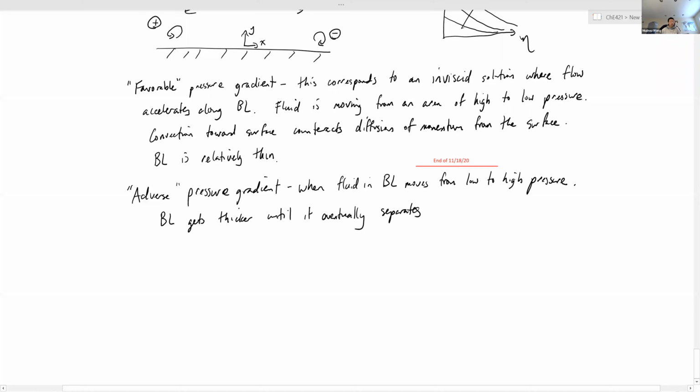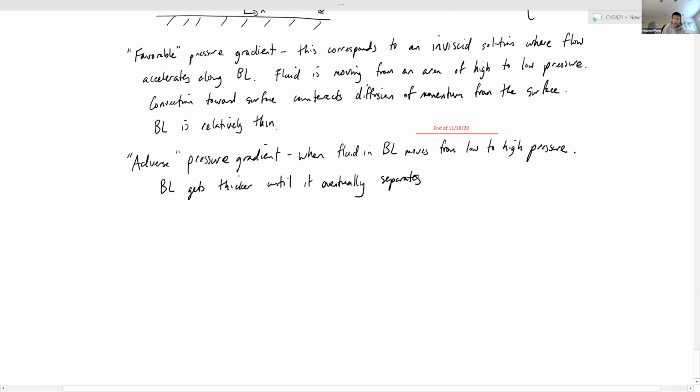Okay, and so I wanted to just examine this a little bit more today. There's not going to be a lot of math involved in this, because this boundary layer separation stuff is a very unstable problem. As a substitute, hopefully many or all of you have had a chance to watch the video that I sent out, and it shows some really nice visualizations of what happens when you have flow in a favorable or adverse pressure gradient scenario. Okay, I will apply it to a scenario that we've talked about already.